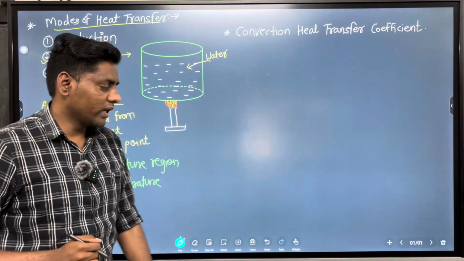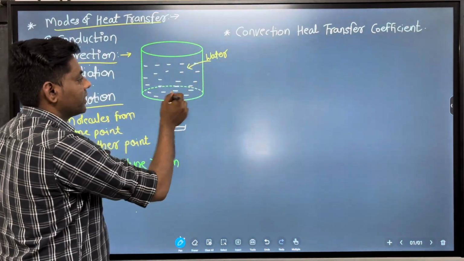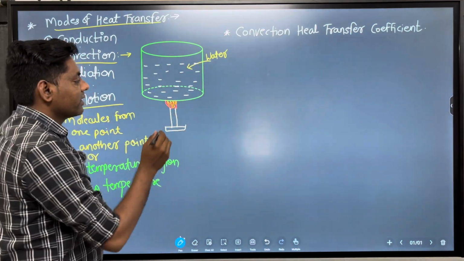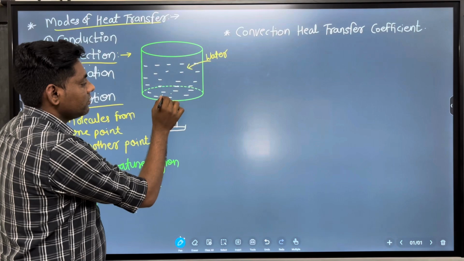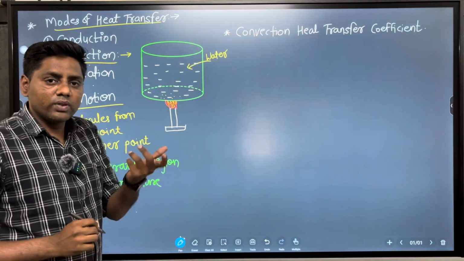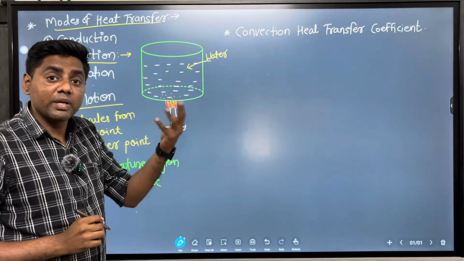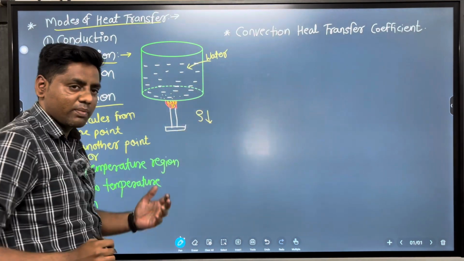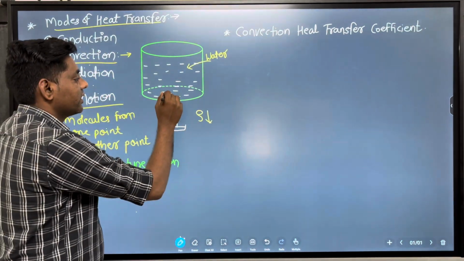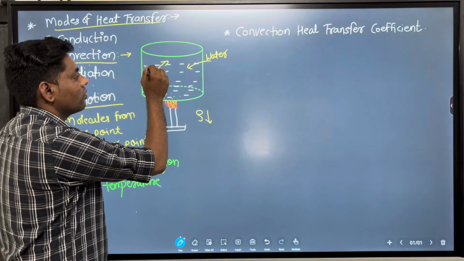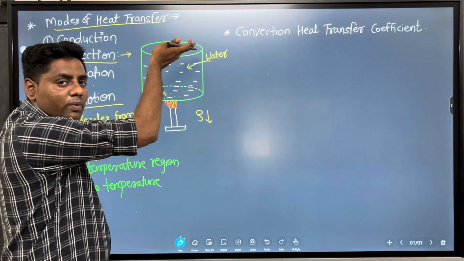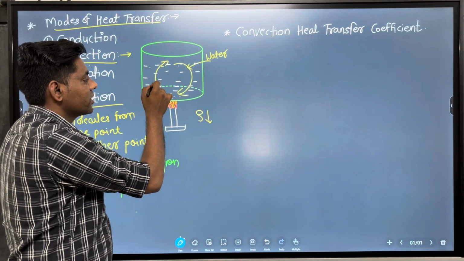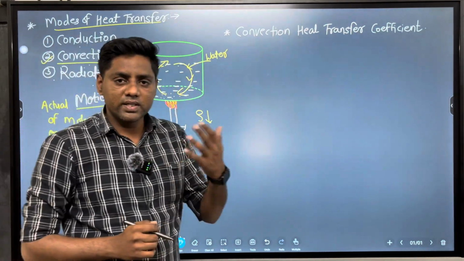Let's take one more example. So this is the chamber. Now here we heat the water by means of a gas burner. So what happened in that case? At the bottom, the water molecules receive the heat, their kinetic energy increases, the density of those water molecules decreases, they become lighter, and after becoming lighter they go up. Those water molecules present at the top surface are heavier, so therefore they go down. In such a way, a convectional current is set up.